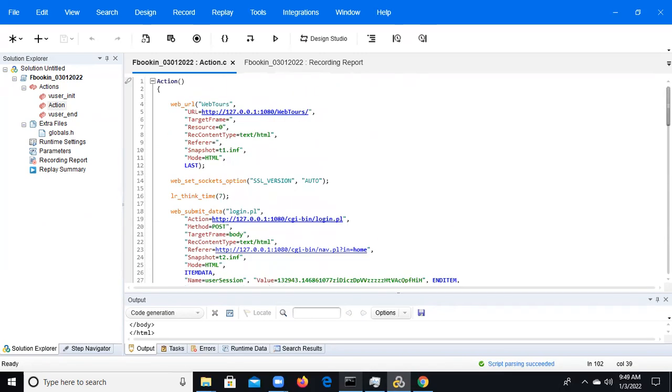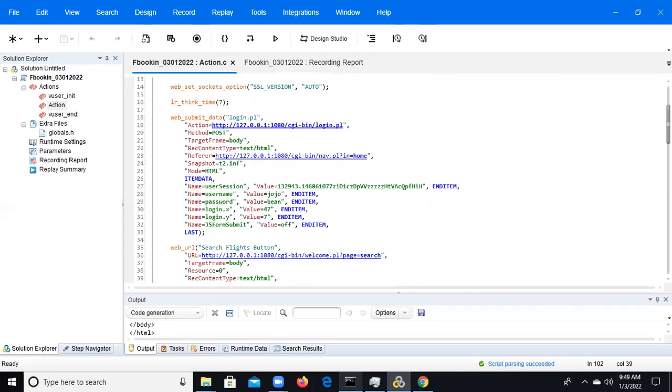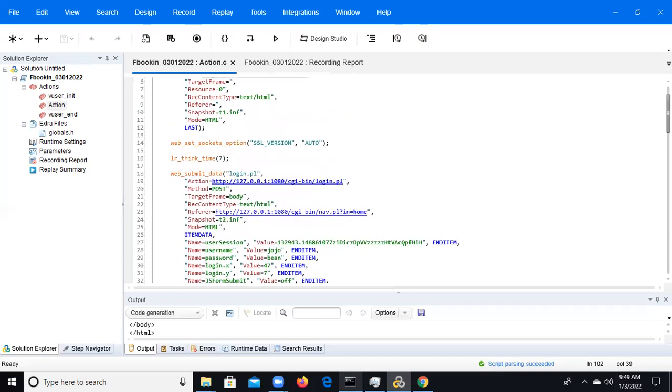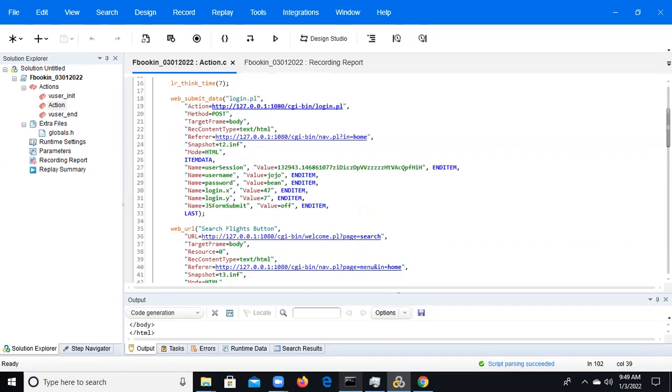Nothing but static input to the server. The values we enter through the keyboard, those values we need to parameterize. Is it fine? Yes. So this is the first enhancement, parameterization.